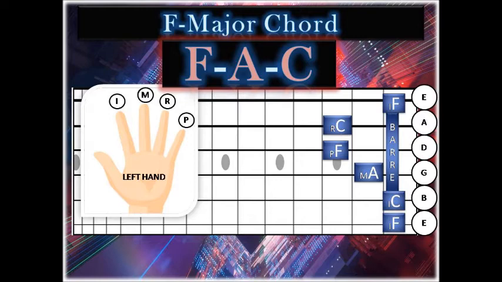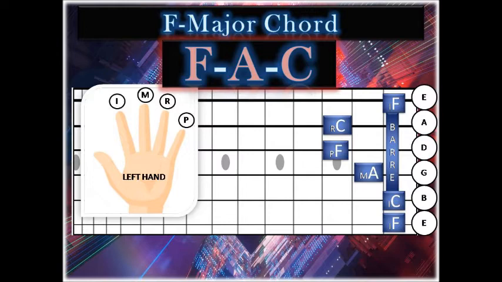Now, the other thing to notice here is that there are 6 notes on each individual string at different places to play. Earlier, we usually only had to play a maximum of 4 notes on C major, having 2 open notes. In D major, only 3 notes, and E also 3 notes. But in the F major chord, all 6 notes have to be played in order to achieve the F major chord.